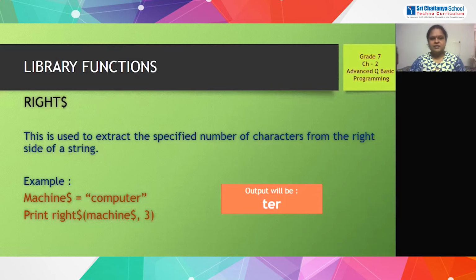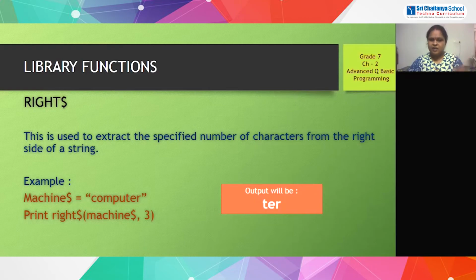Now, next is right. What will this function do? This is used to extract a specified number of characters from the right side of the string. Left extracts from the left side, so this right function extracts from the right side of the string.